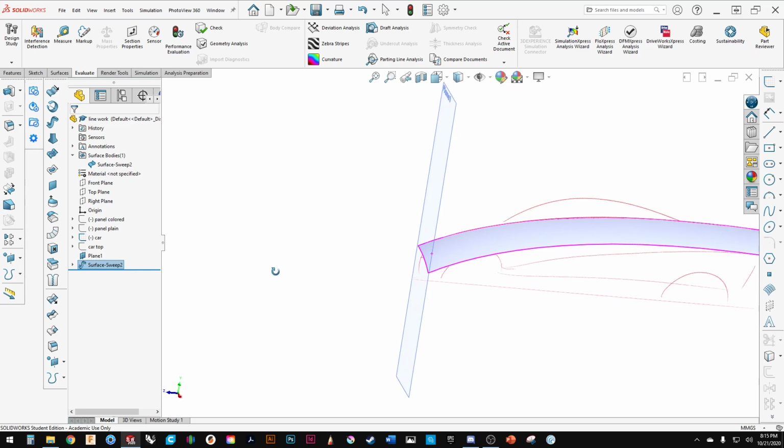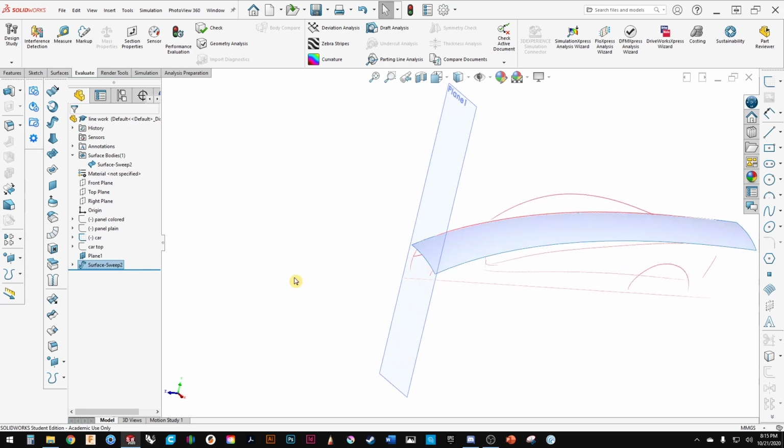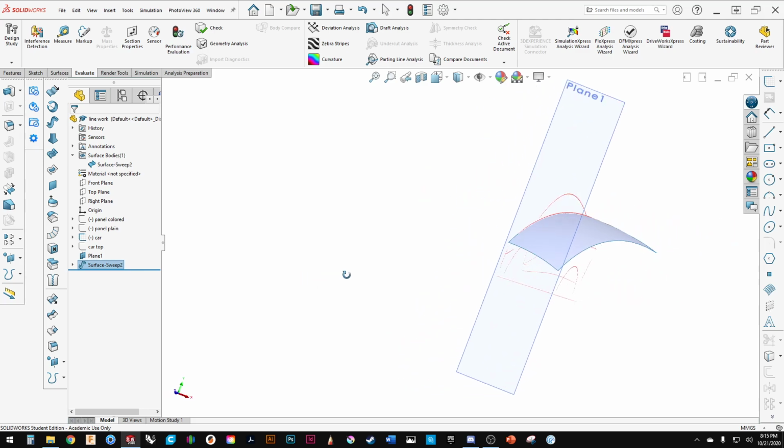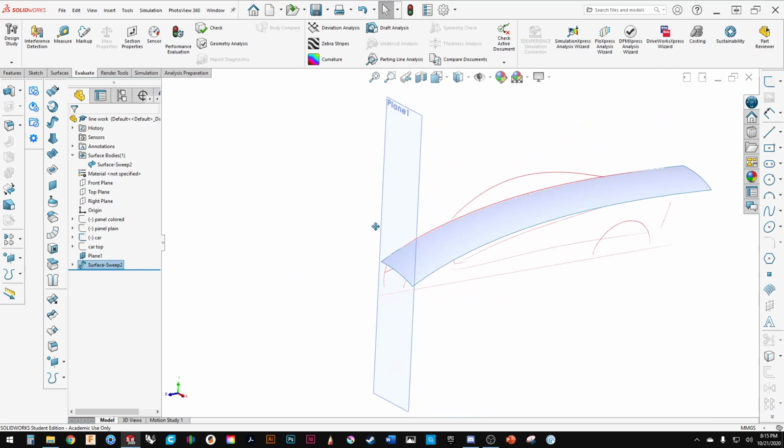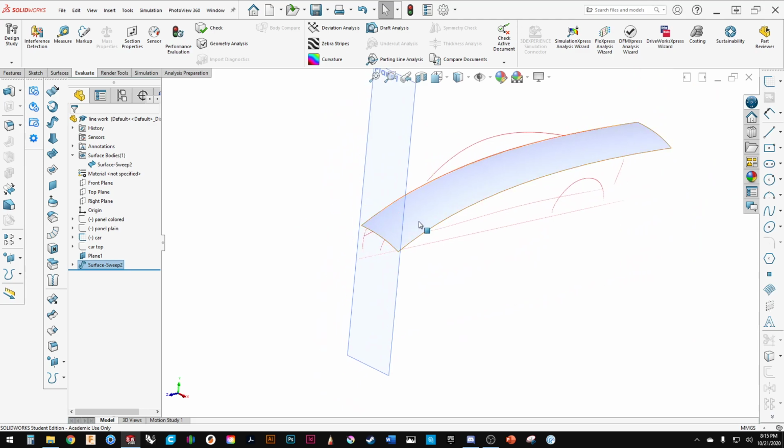Now here's the thing. Okay, so I'm going to build this in half. There's always a danger of building things in half. The feature that Spencer and I were talking about is in Alias. I can turn it on so that whatever I build over here, it automatically mirrors it on the other side. But anyways, if I was to take this now and mirror it over,